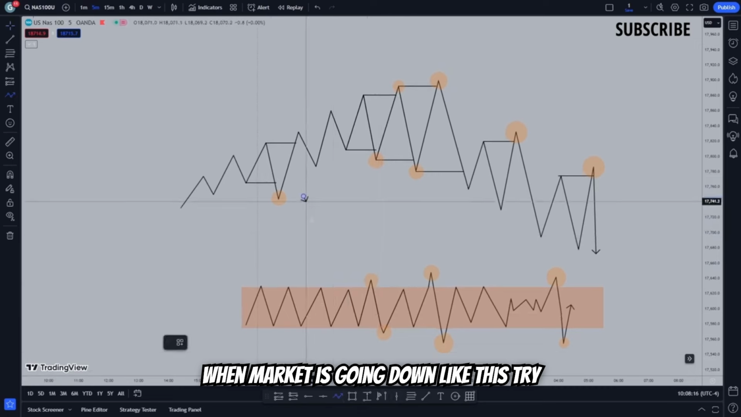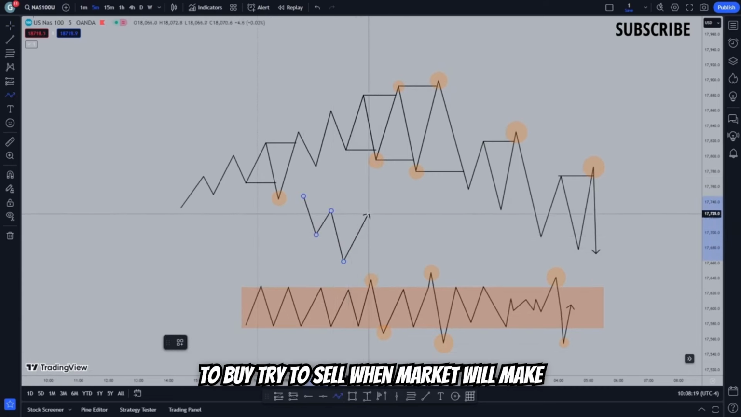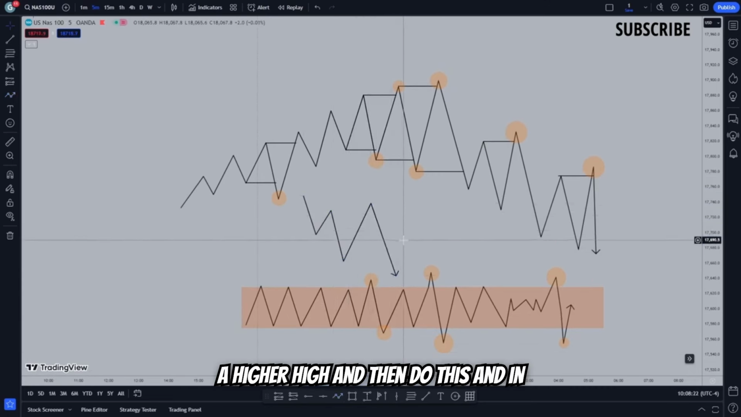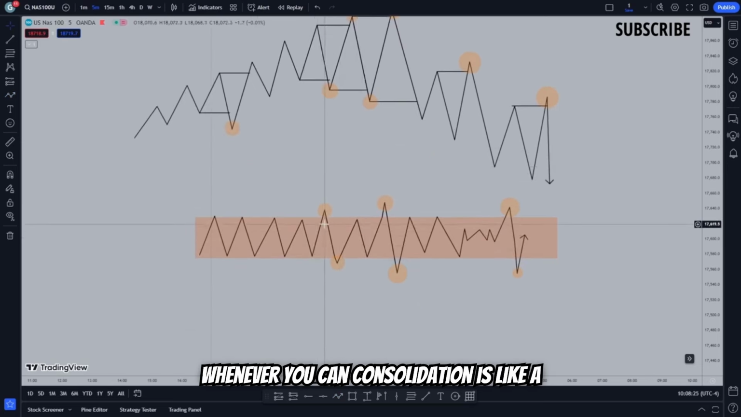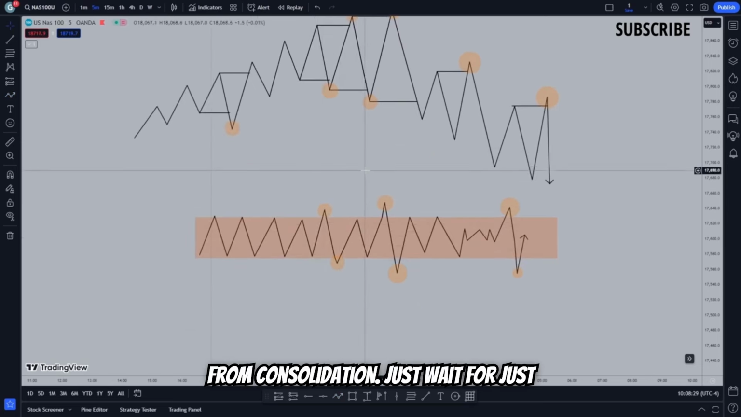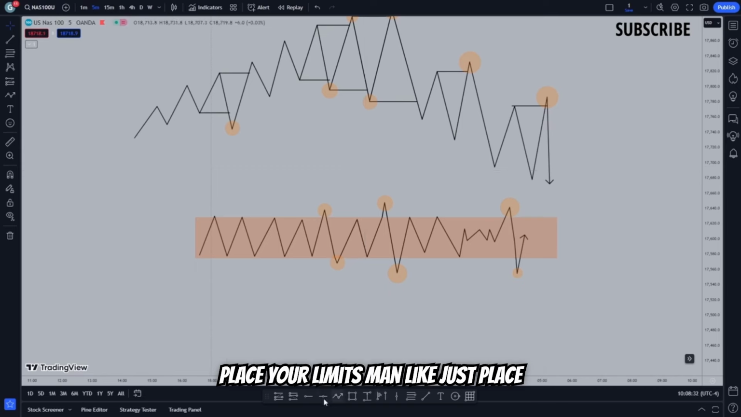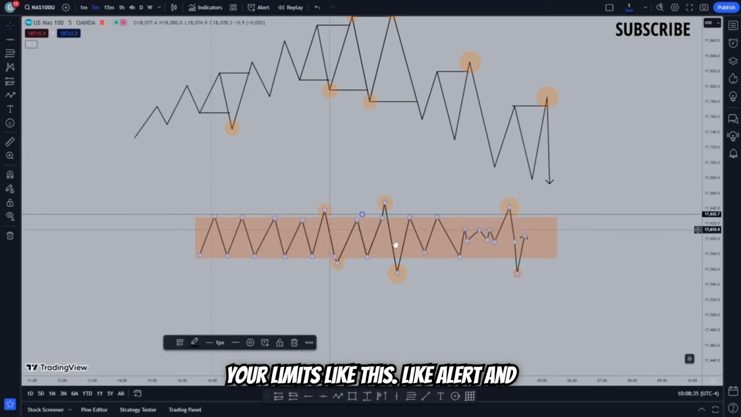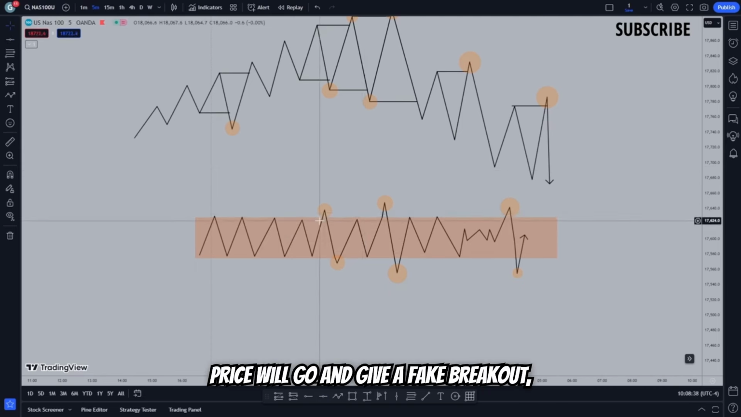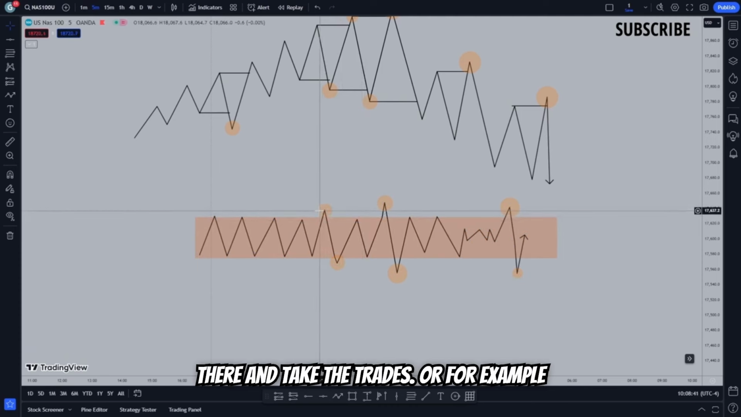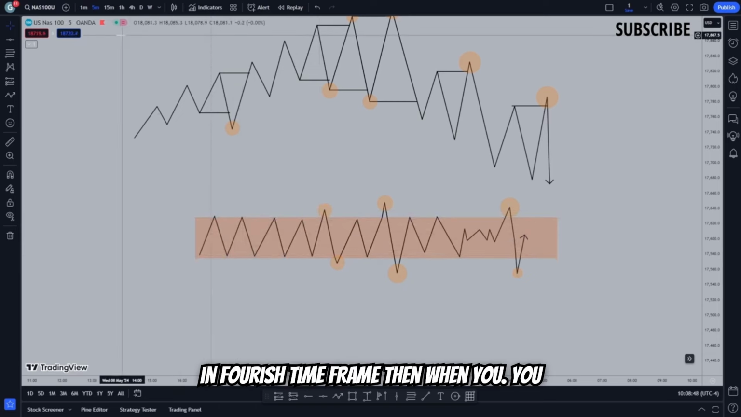So when the market is going down like this, try to sell when the market makes a higher high, and then do this. And in consolidation, you can make a lot of money from consolidation. Just place your limits, man. Just place your limits like this, like an alert, and then just forget about it. And when price goes and gives a fake breakout, just place your sell limit right over there and take the trades. Or for example, if you're looking at this consolidation on the 4-hour time frame, then when you can